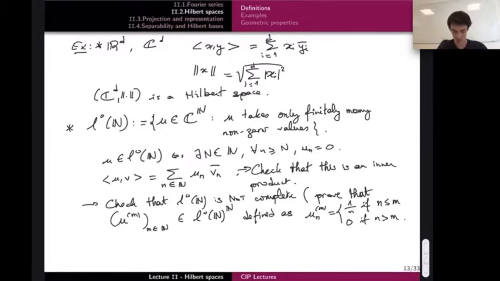Well, prove that this sequence is Cauchy,